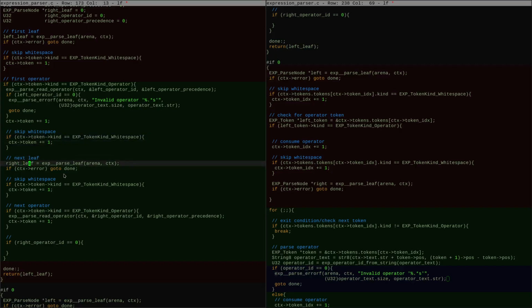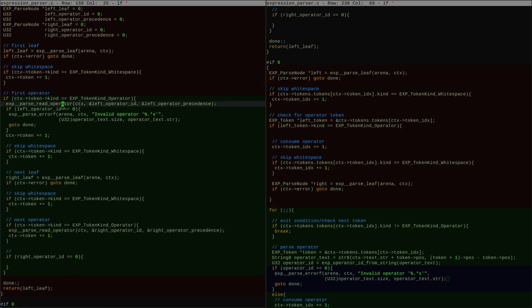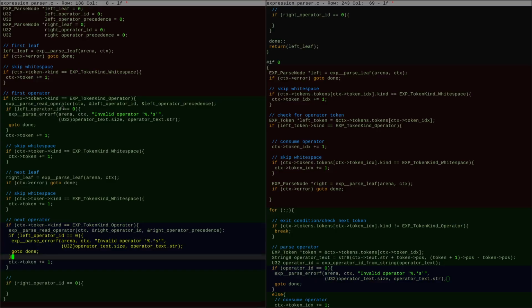Next leaf. And then you read the next operator. You put that into the right side. This similarly just needs to go if right operator ID,